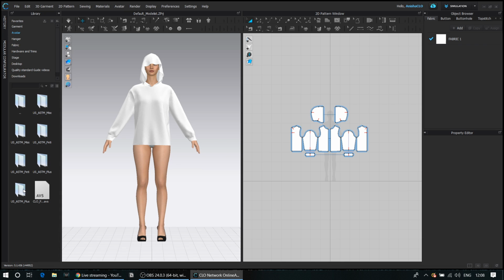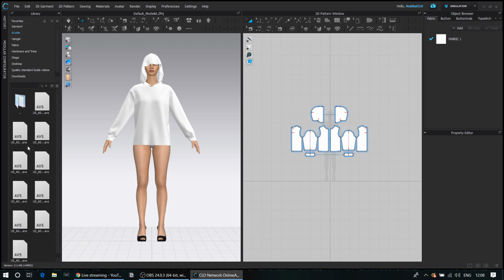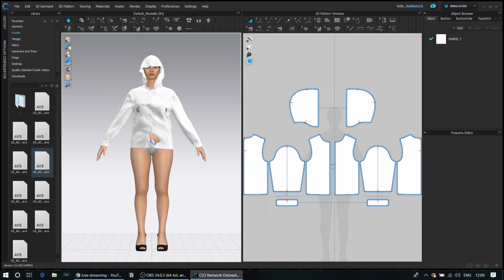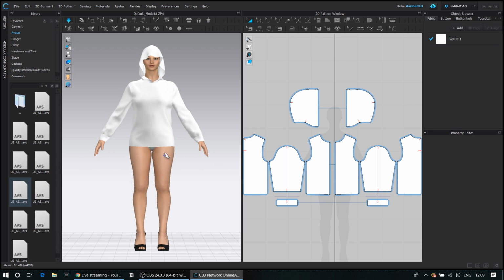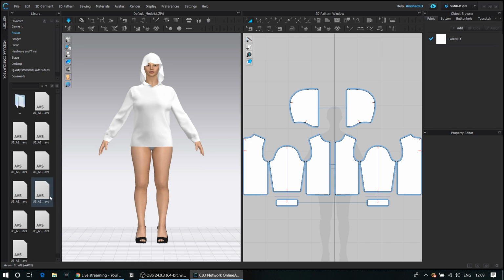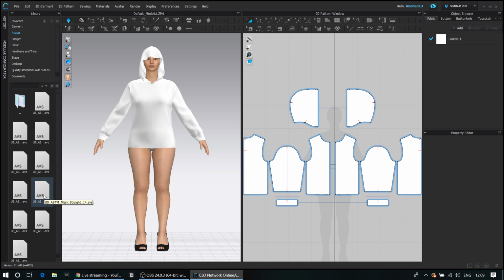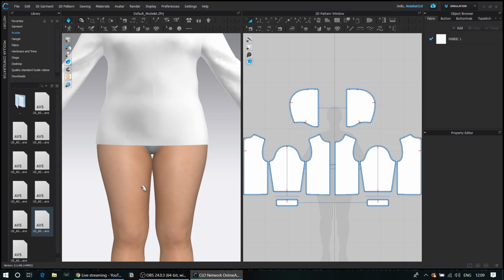And you know there are different sizes available in the library as well. So I'm going to use ASTM US Missy straight sizes. I am going to show you gradually the different sizes available. It's just a click away. If I click on the different sizes, you can see the Missy sizes are increasing. Right now this is a Missy straight 14, and as I increase, you can see the gap between the thighs